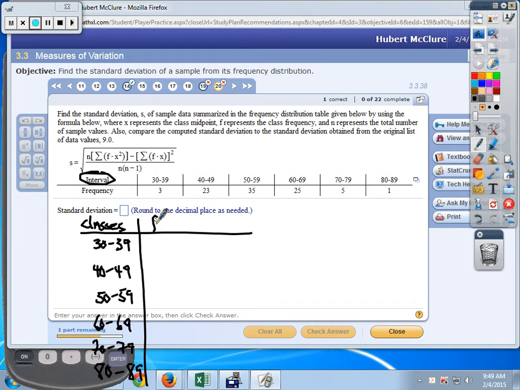Frequency, F. That would be 3, 23, 35, 25, 5, and 1. And then the rest is what you need to calculate. So the midpoint, good. That would be X. That's your midpoint. I'm going to do the first one for you, and then I'm going to switch over to the